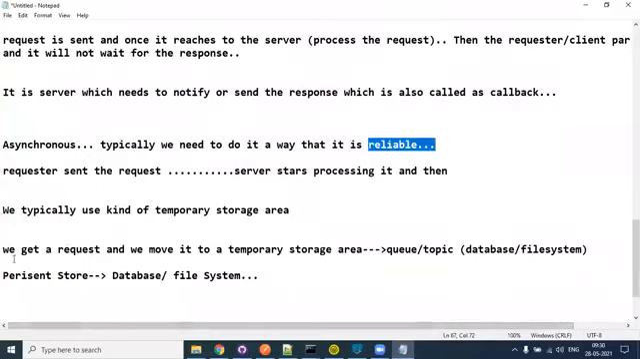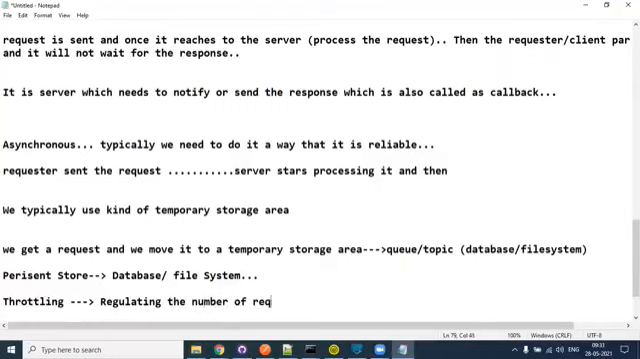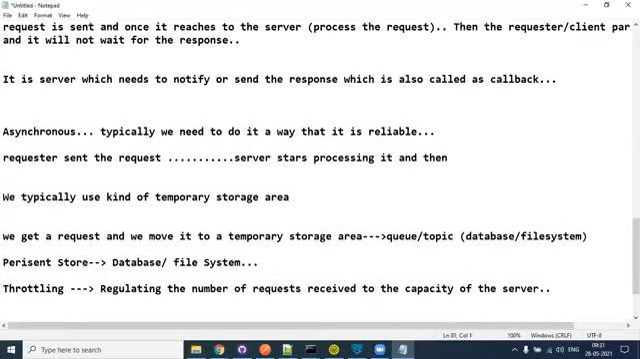Not only is it reliable, it also helps in throttling. Anybody has an idea what throttling is? Throttling means regulating the number of requests received to the capacity of the server. Very, very important terminology. So now let me ask you a question. Let's say there is a server which can handle